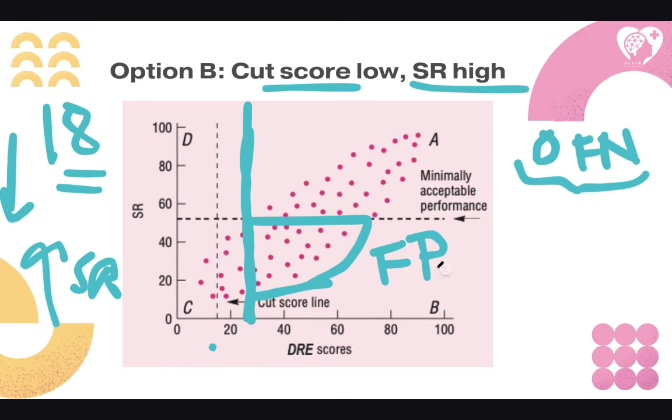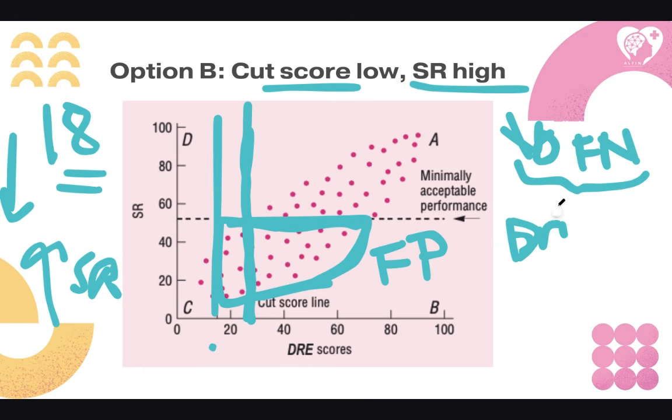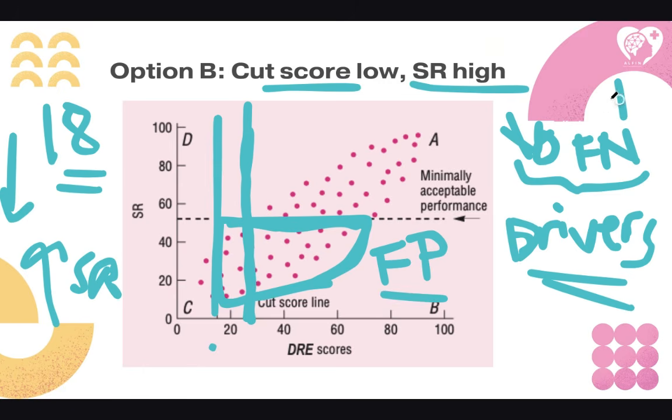Although the given cut score is 18, so not this one. So you have a large false positive. That's still not ideal. Even if your FN is 0, in terms of the dilemma, because of the applicant pool, which is drivers, it's not really necessary to have a 0 false negative. So you have to weigh which is which: do we want a lower false negative or a lower false positive? With that being said, for a test, for example, for drivers, you test them for whether they have a tendency to be